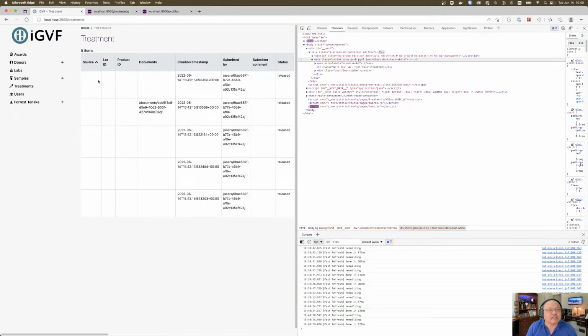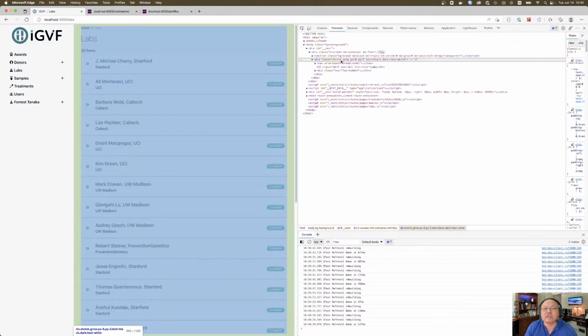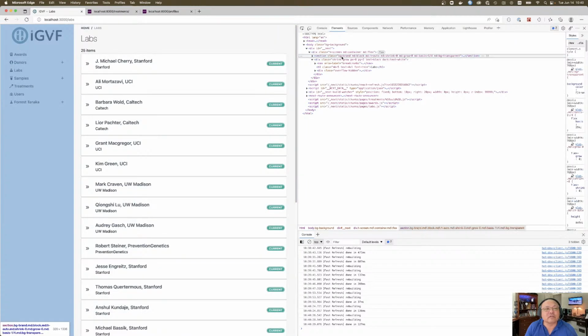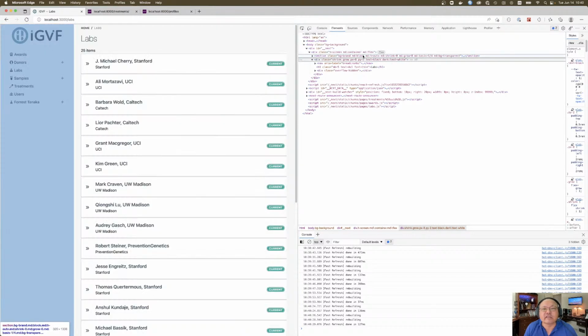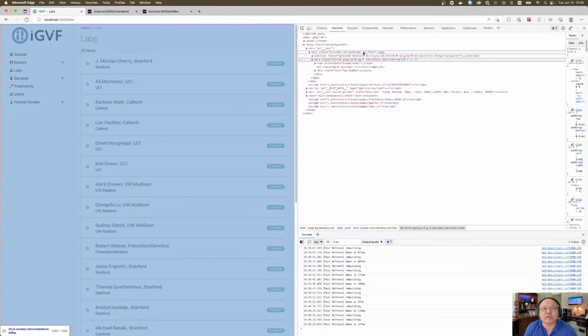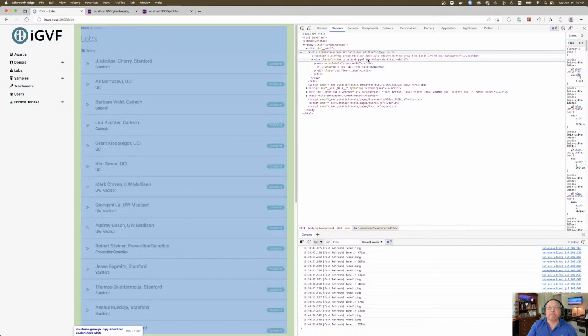Treatments, labs, here we go. Shrink, grow. So this determines the width. Not really. It's more like this determines the width. So what I need is a